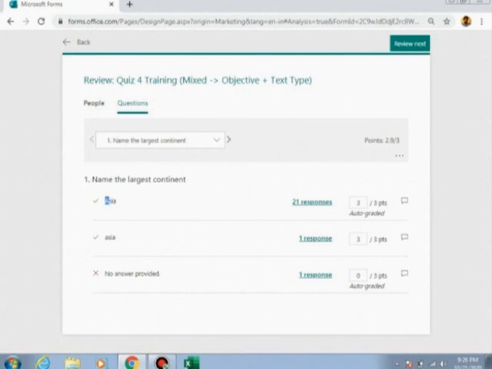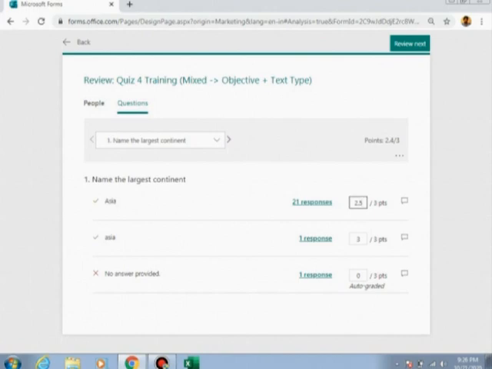You have seen that Asia was given score. This response was given by 21 of the students. So if I change this mark to a 2.5, for example, I am changing it to 2.5. It deserves a 3, but I am giving it a 2.5. But if I give it a 2.5, all the 21 will get a 2.5 score. Okay, this should be understood.